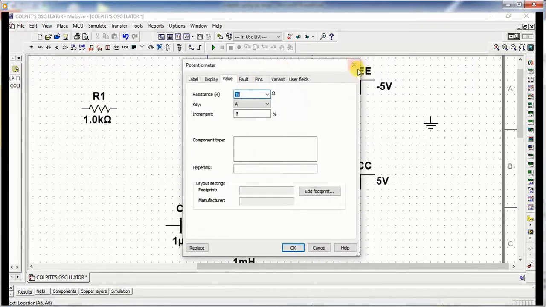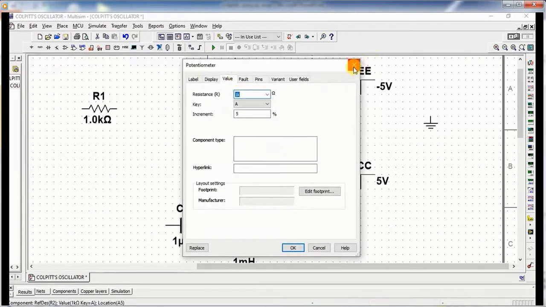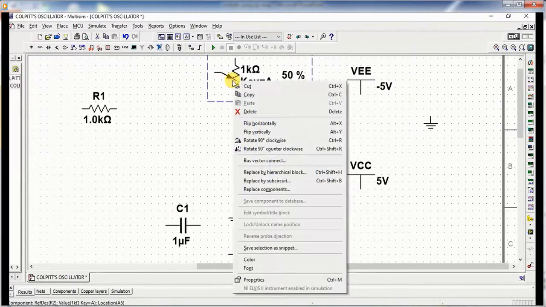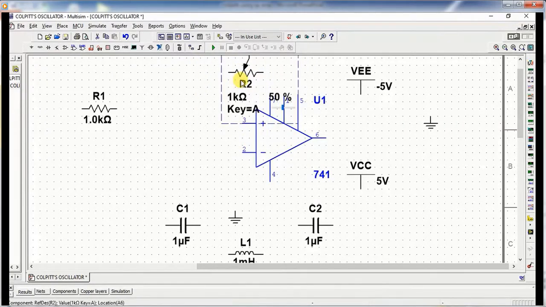Now you can also change the label, or you can also rotate it. If you want to rotate this potentiometer, you can rotate it like this.